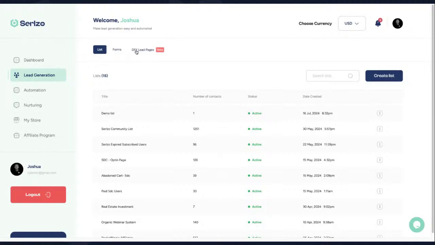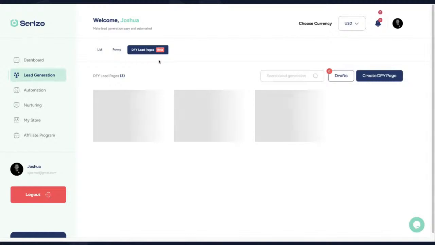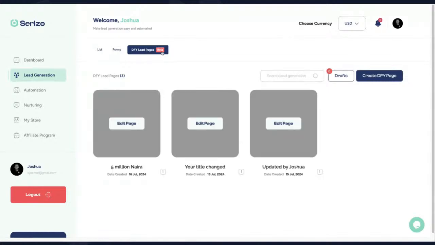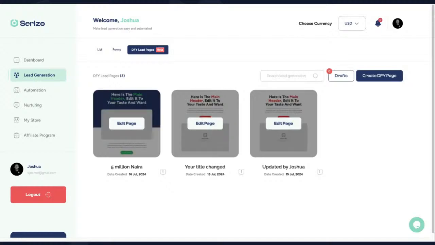So this feature right here called the DFI lead page, I'm going to click on it. You're currently seeing the beta icon there because this is the first time people are going to use it publicly. So we're going to monitor people use it publicly. Okay. Now, when you click on the DFI page, this is ideally what we did here: we picked out